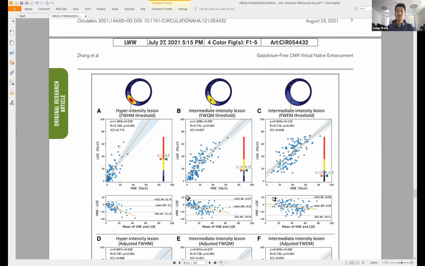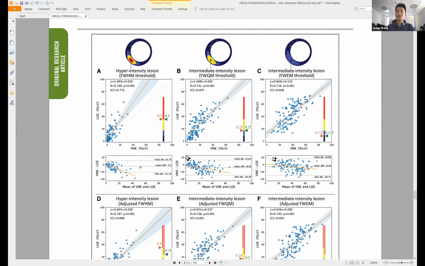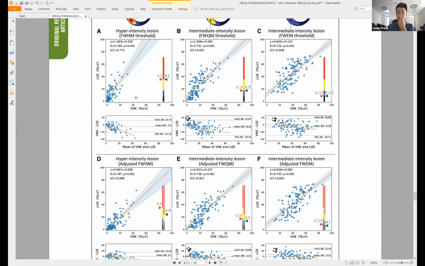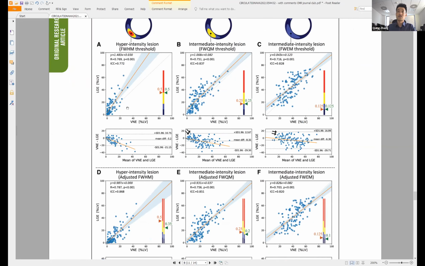So for lesion quantification, VNE correlates strongly with LGE in quantifying hyperintensity lesions, as shown in this right column here, but also in more intermediate intensity lesions, like shown in these rest 2 panels. But we also noticed VNE has a bit lower range quantifying the lesions compared with the LGE, especially in